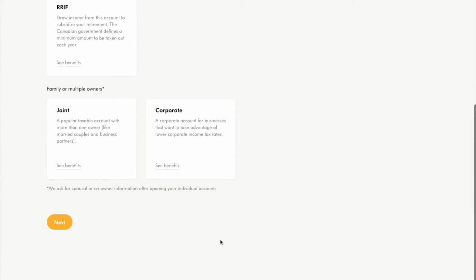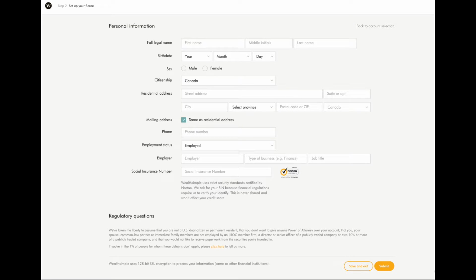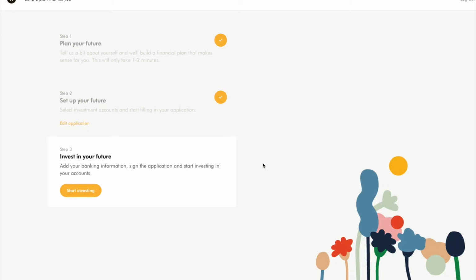And then we scroll to the bottom and we're going to click on Next. This will take you to the personal screen where you just put in all your personal information and SIN number that they need, and then you can scroll to the bottom and click on Submit and move on to the next screen. So once you've filled out your plan for your future and the setup for your future, you're just going to confirm your basic details of SIN number and address,